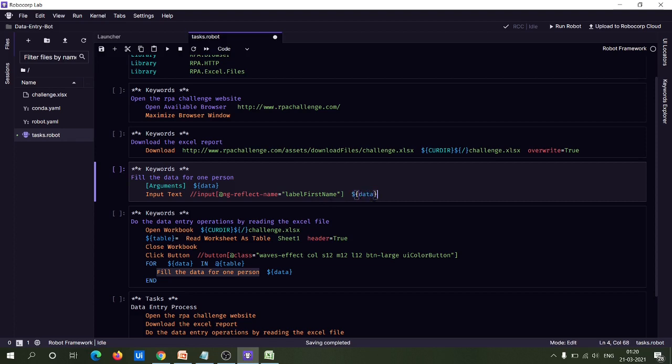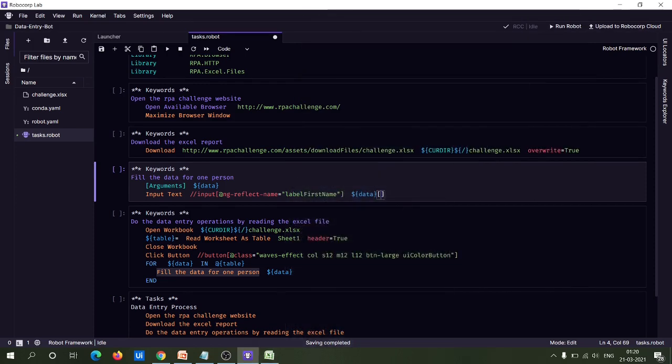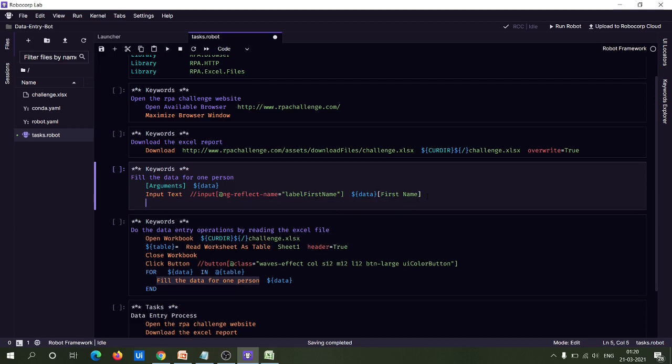To access the first name, you give the column name. Let me copy this one here. So this is the way you can access each column value from each row. For example, if you need to access the first name, you provide the row, then square brackets, then the column name.